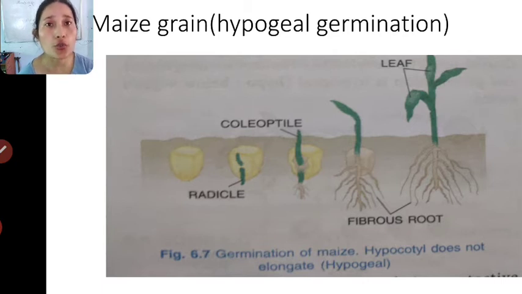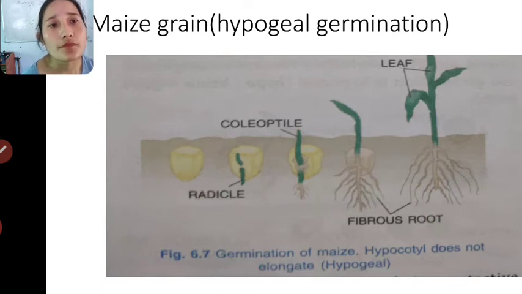Okay, the seed coat is softened and your radicle, going through your coleorhiza, goes into the ground, forming a root system. But the primary root of your maize degenerates initially only. Okay, and from the base of the stem it gives rise to adventitious roots or fibrous roots. It doesn't have one strong root, it has a cluster of roots. Okay, that's referred to as a fibrous root.